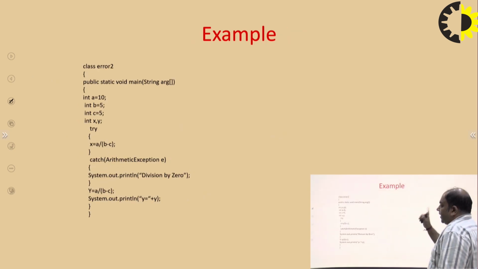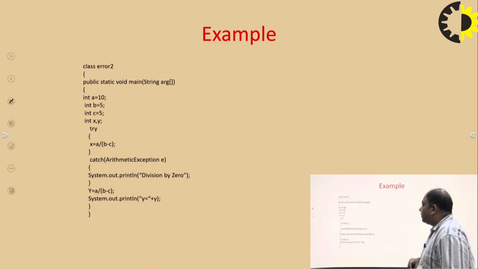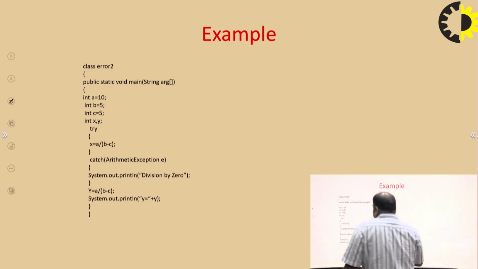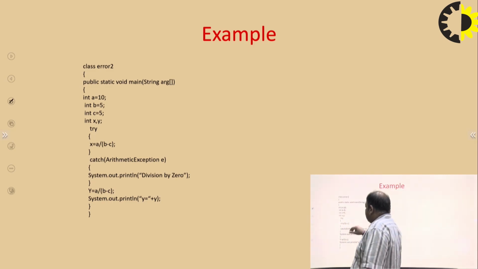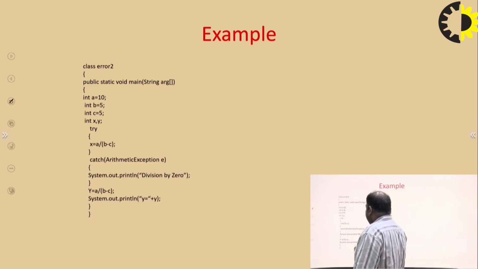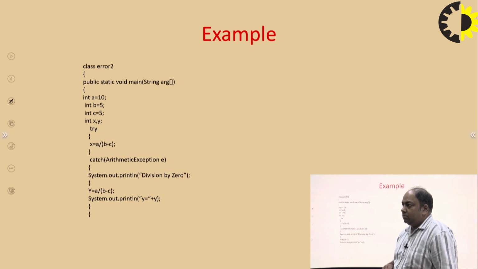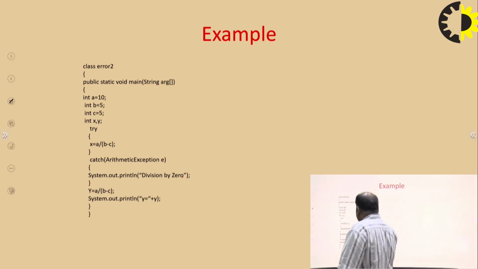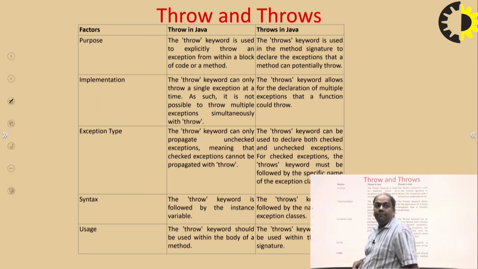See, now I am writing the same code with the try block and the catch block. We have started with the same, we just change the name of the class and there is no change in that, but we are writing the code into a try block. As we know that a divided by b minus c might be an error, so we give it in a try block, then we catch that exception, and after accepting that code we print out that statement which is divided by 0, and the exception which is b plus c will give us simple output of y.